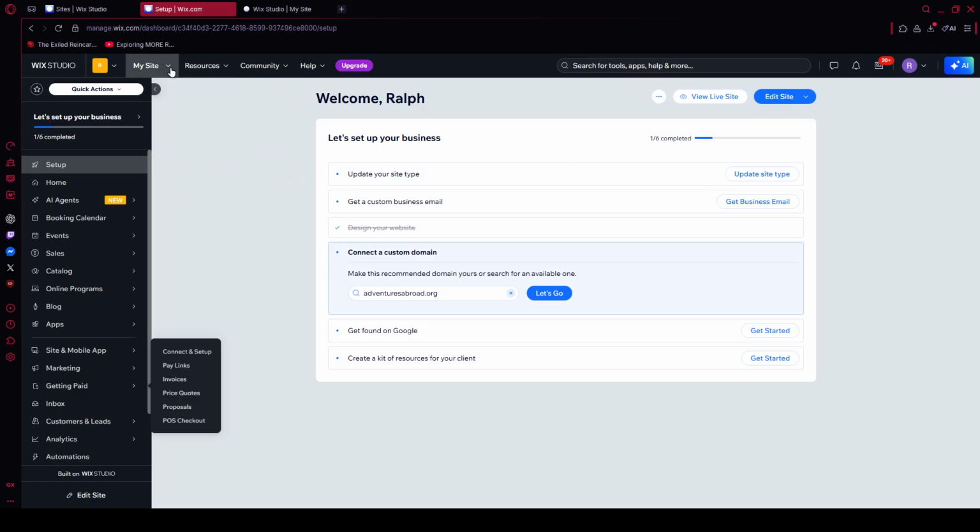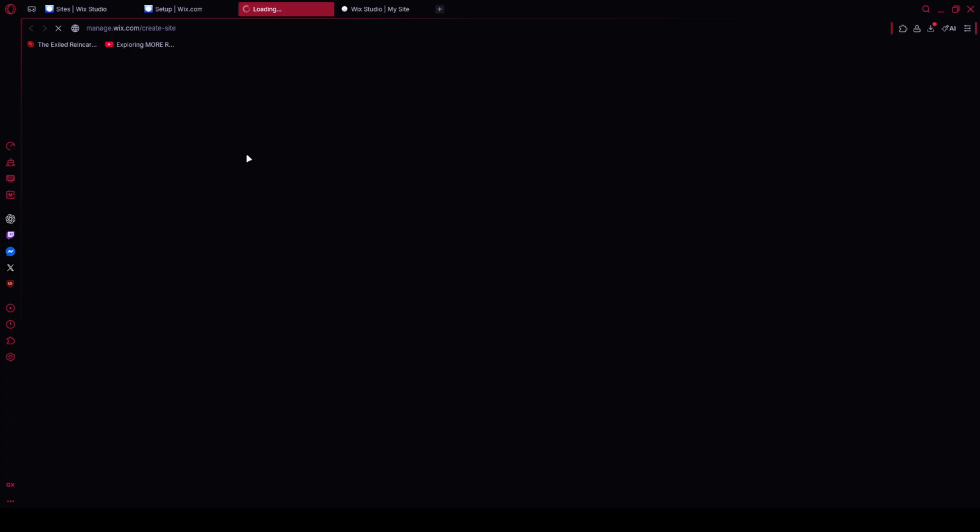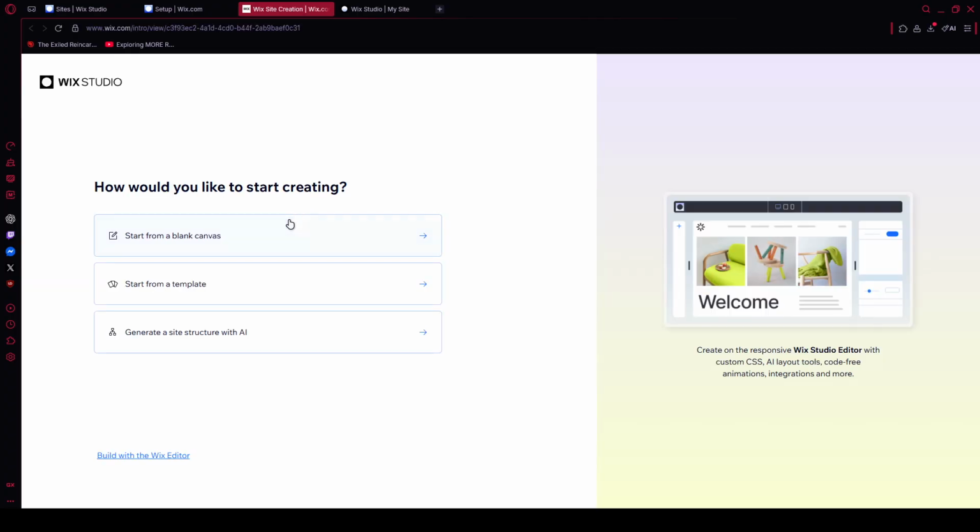Next, look to the top left corner for the drop-down menu and choose Create New Site. On the setup screen, select Start Chat. This opens the Wix AI Site Assistant, which will ask a few guided questions and then build a tailored site